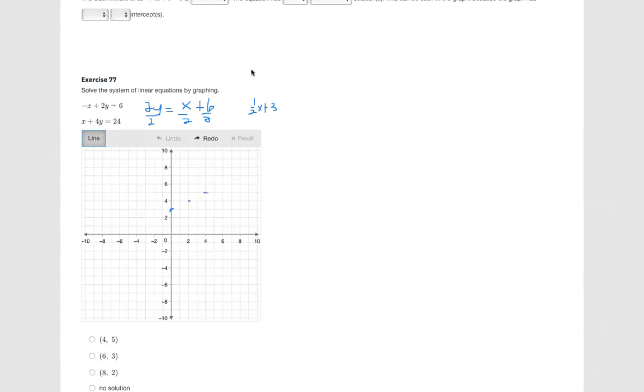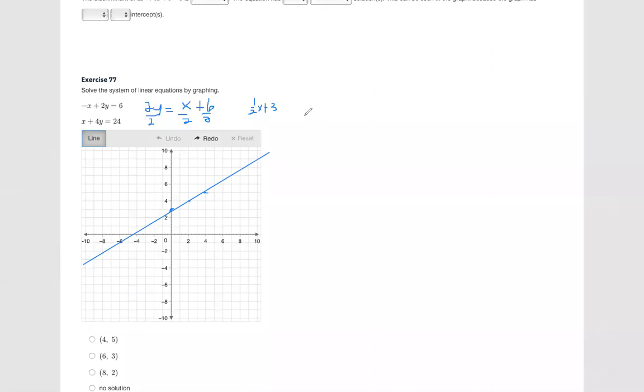I don't know if I can draw a straight line here. I'll have to see. Pretty close. That's kind of, there we go. Now I got it pretty dang close. So that's my first line, and if I do the same thing for the second one, all right, again,